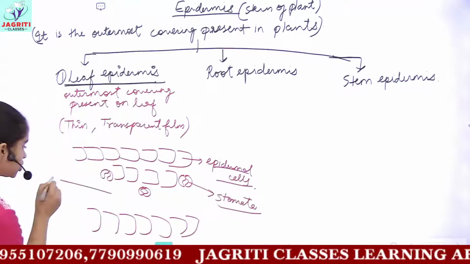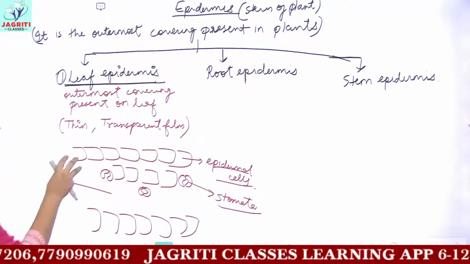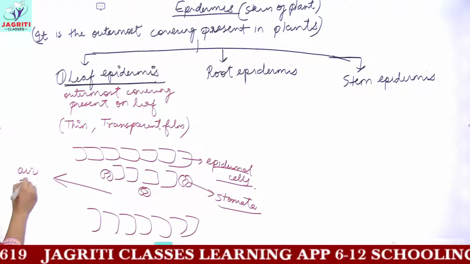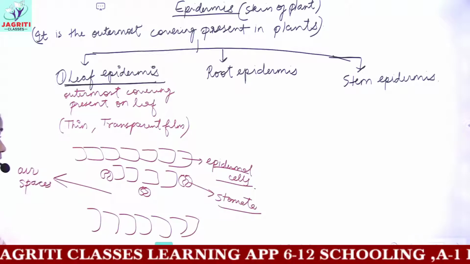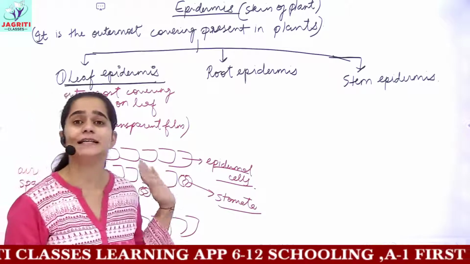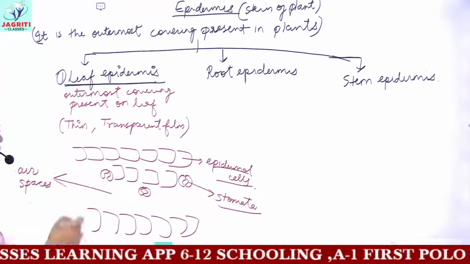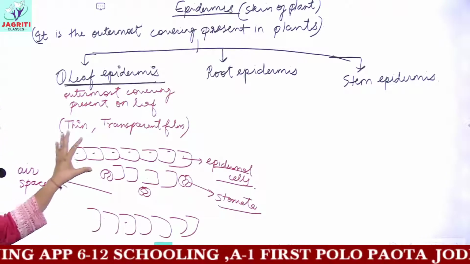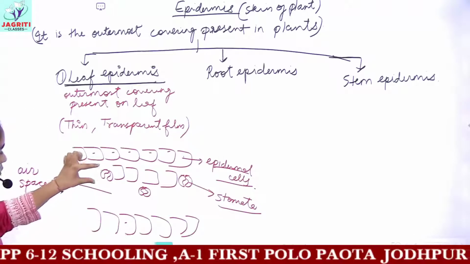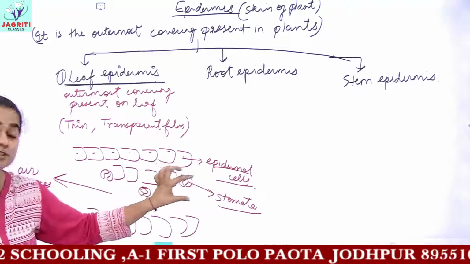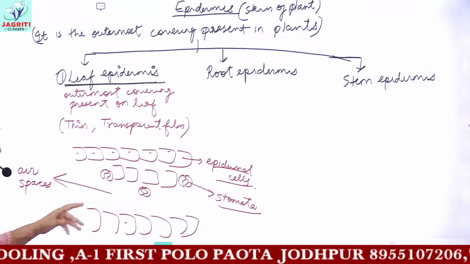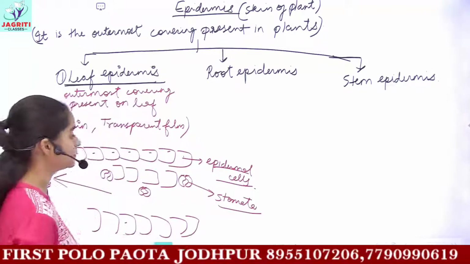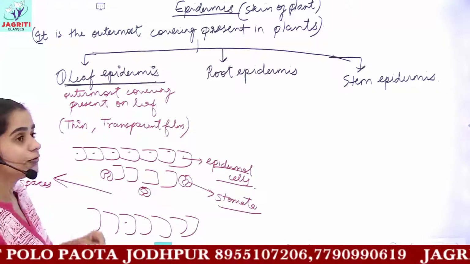And then many air cavities are also present, that is, empty spaces. You call them vacant air spaces or intercellular spaces present between the cells. So this is what an epidermis looks like. It contains numerous epidermal cells, then kidney-shaped or bean-shaped structures called stomata, and then certain air cavities or air spaces in your epidermis. Now, what is the function of this epidermis?